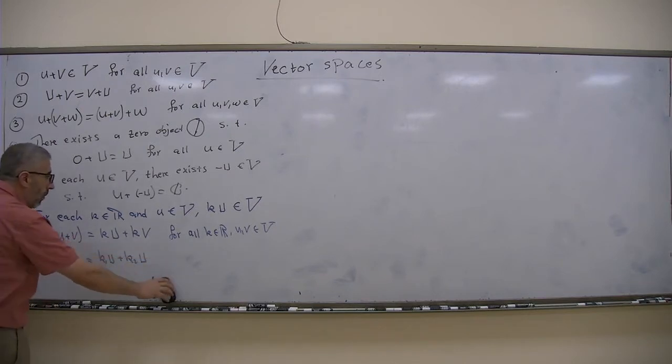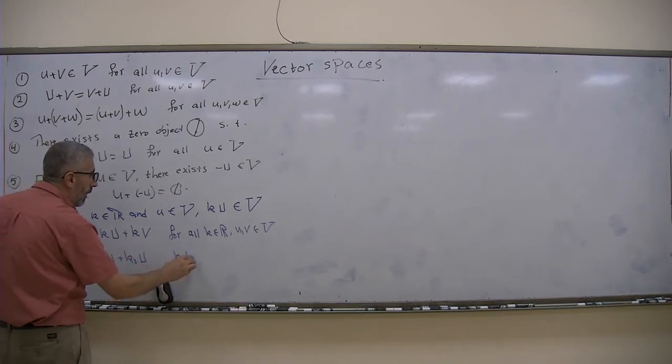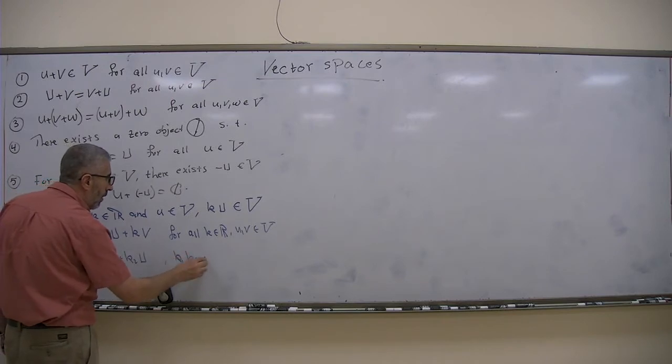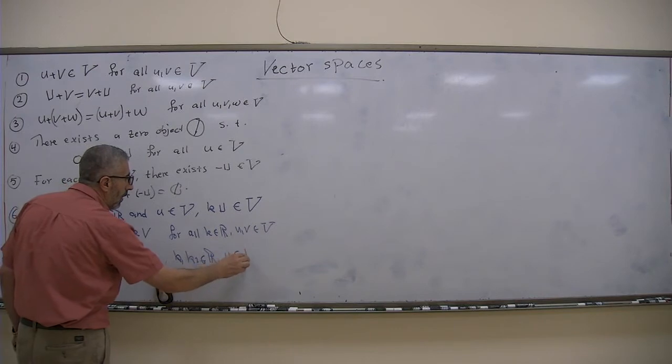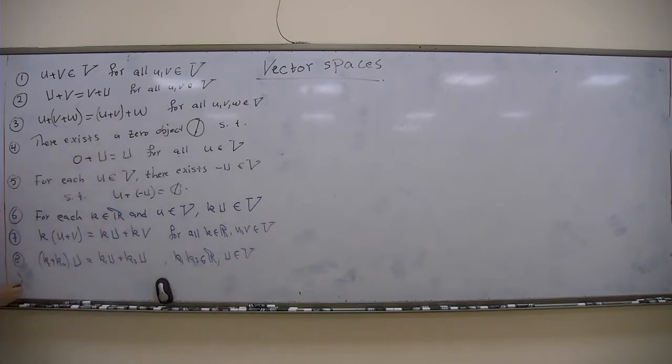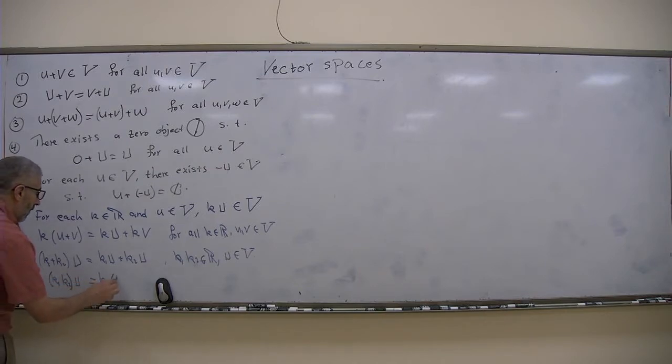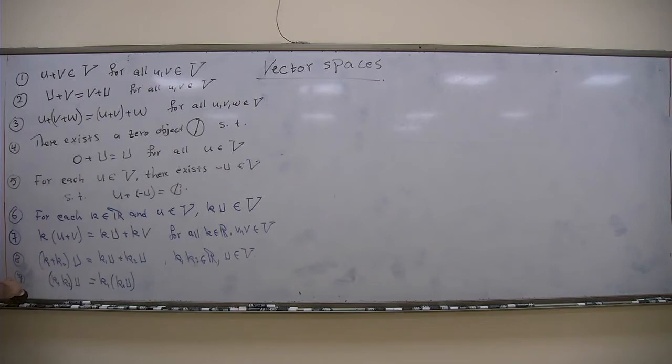Again, for all k1, k2 in R, and u in V. 9. If you have (k1 k2) multiplied by u, and you do the scalars first, that should be the same as if you do this first and then multiply by the second scalar. And number 10,